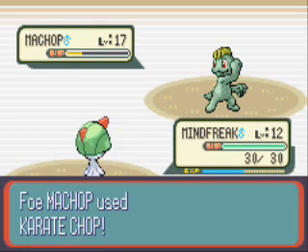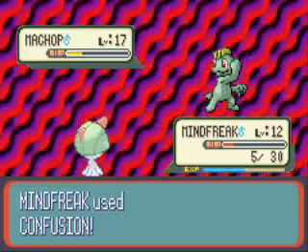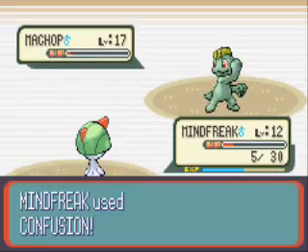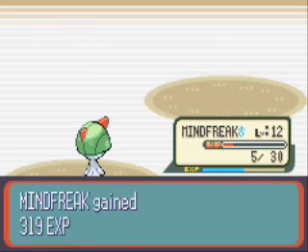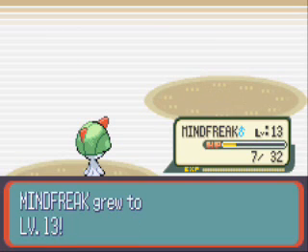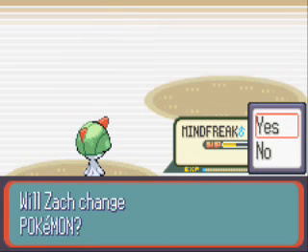And there he goes straight in with the Karate Chop. And look how much damage. That wasn't even a critical hit. That was half effective. After one Bulk Up, he almost one-hit KO'd my Psychic type Pokemon with the Fighting type move. But luckily I was able to take him out with another Confusion, and MINDFREAK got to level 13, which is very lucky, because if I was level 12, there's no way I'd be able to beat his last Pokemon,